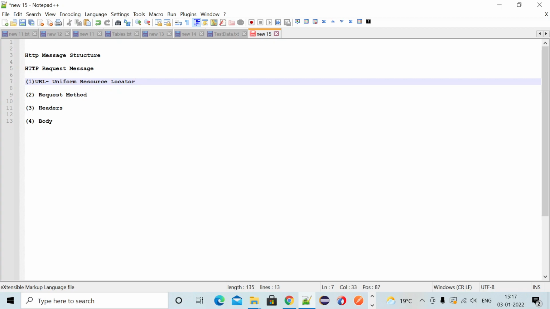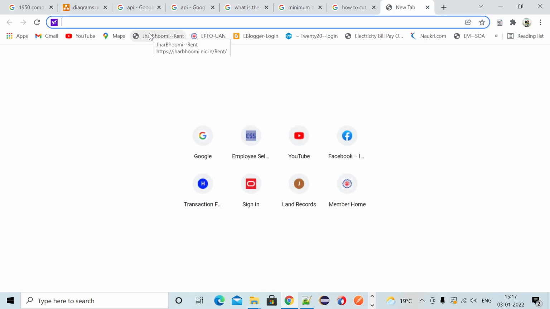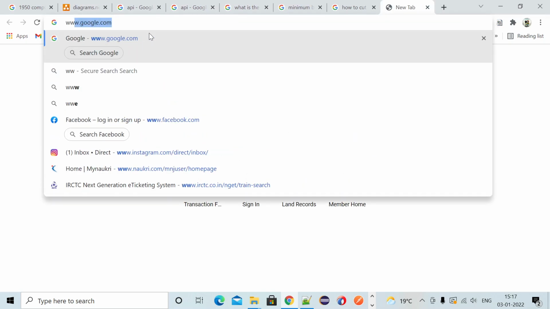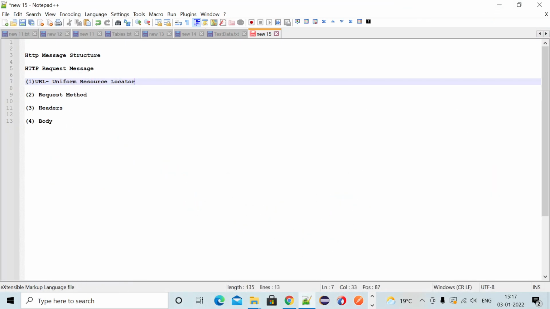The URL is what we provide in the browser. If you are searching for anything, in the address bar you provide the URL, like www.google.com or anything. So in that URL you are providing a website.